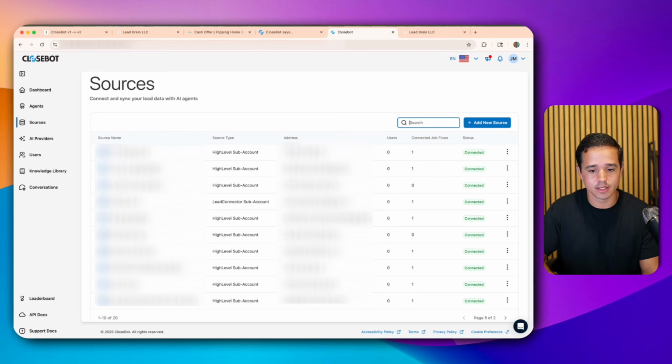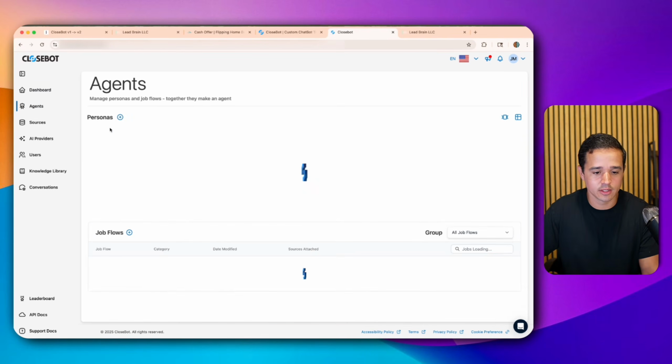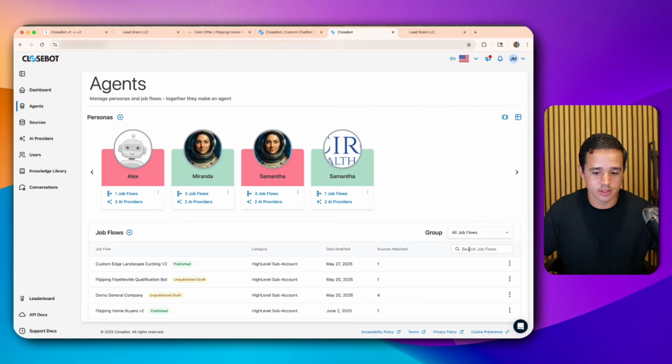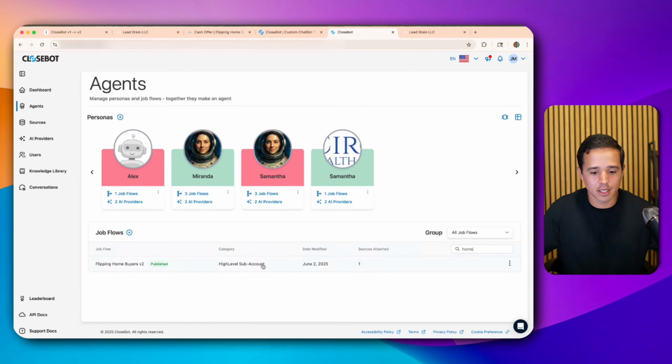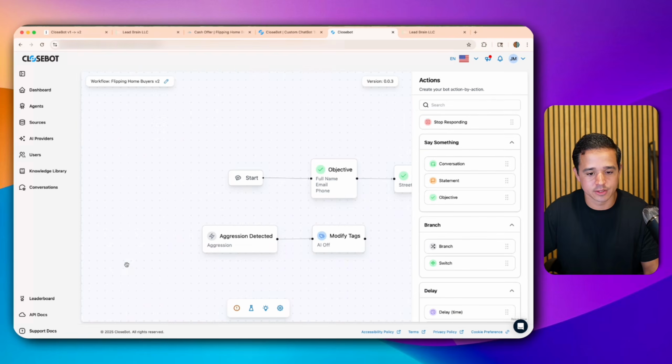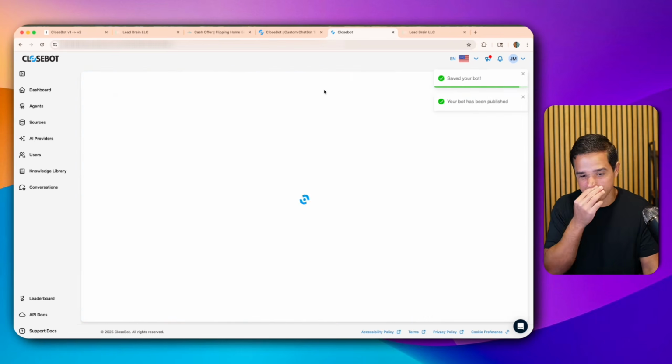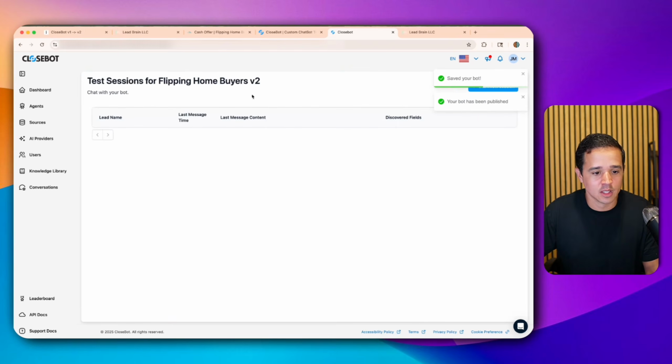And at this point, I think we have everything connected. We have a persona. We have our persona connected to our job flow. We have our source attached. So we should have an active bot. And I'm going to test here in a second if that's actually the case. We can actually use the testing module here. See, it's showing we have unsaved changes, which is crazy. We don't have unsaved changes. But again, let's see. If I go ahead and click test and start a new session,